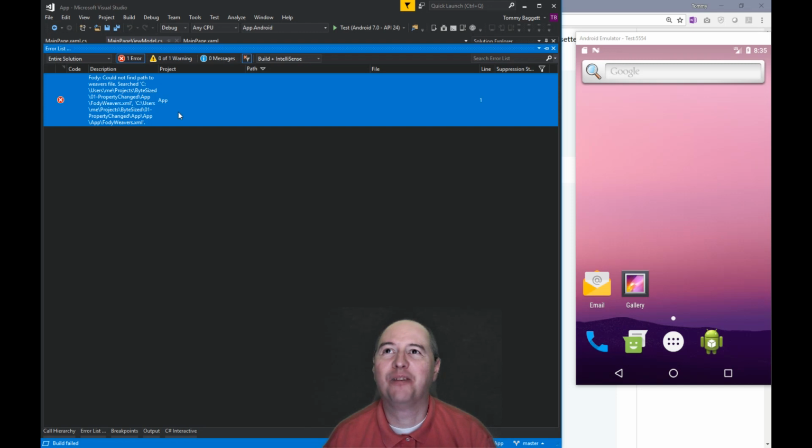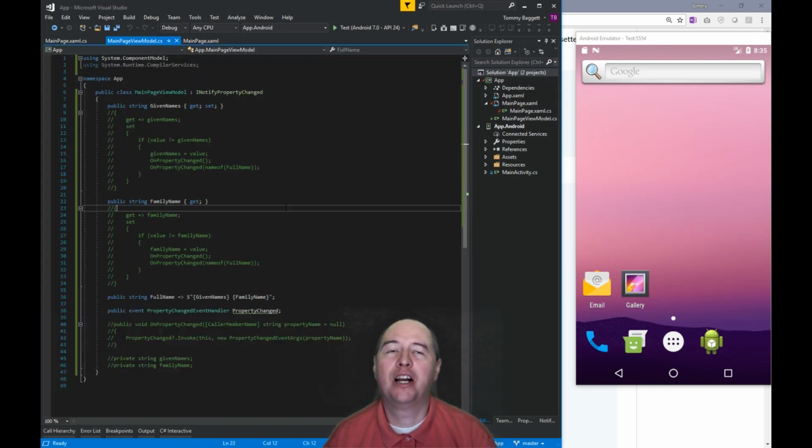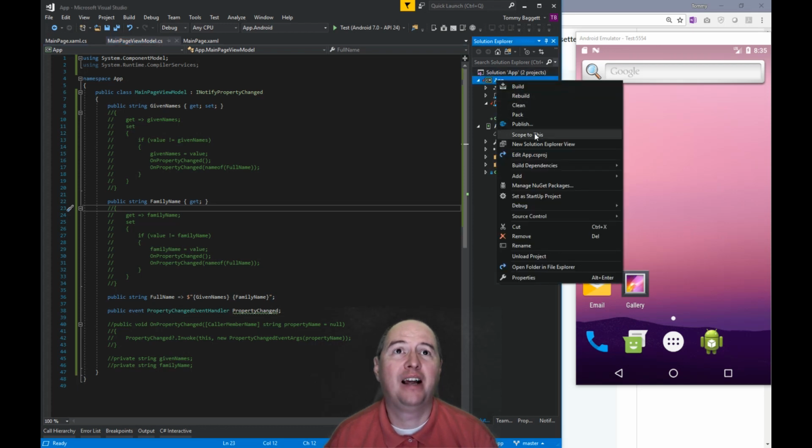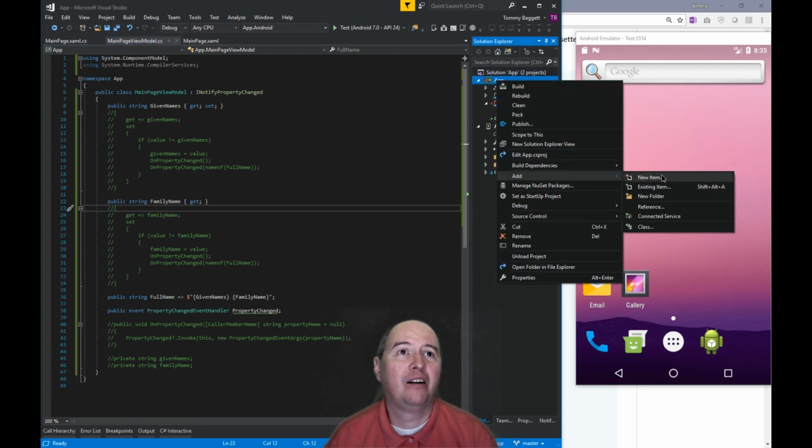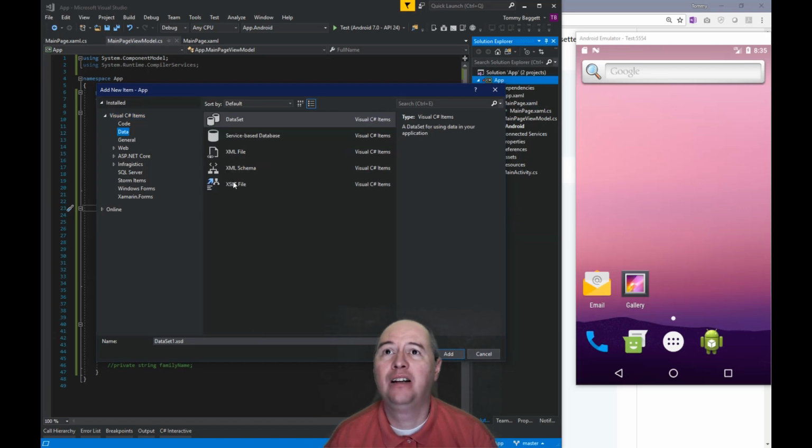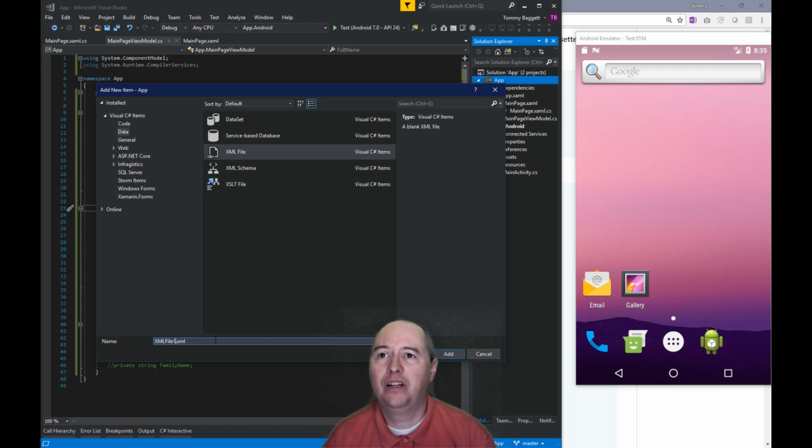Oh, I did forget something. So back in the past, this package would automatically add the FodyWeavers.xml file that I mentioned that we need to add to the project. It no longer does that automatically, so we're going to add that ourselves now. Add a new item, go to data, pick an XML file. This file is expected to be called FodyWeavers.xml,